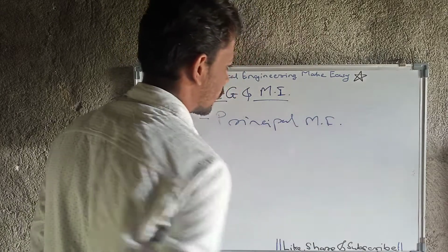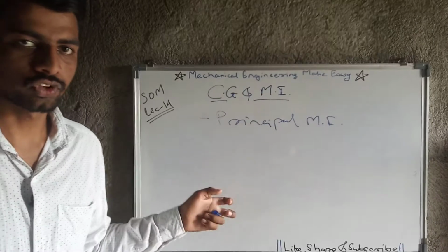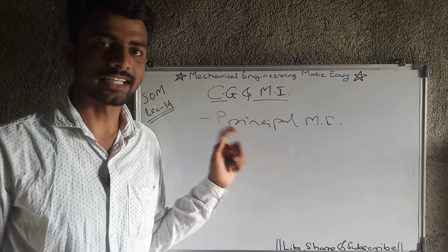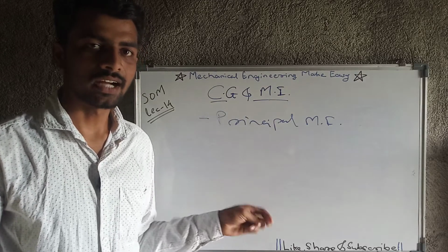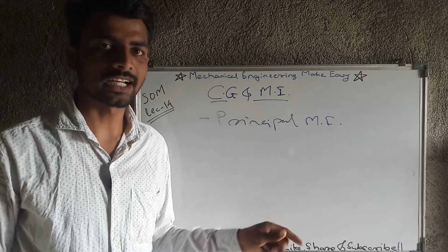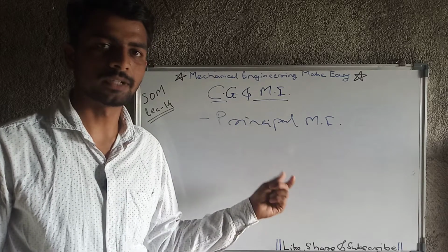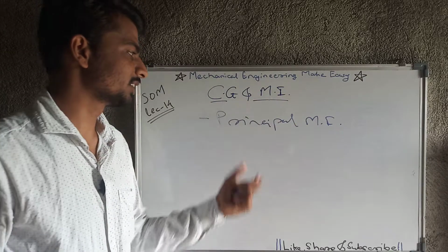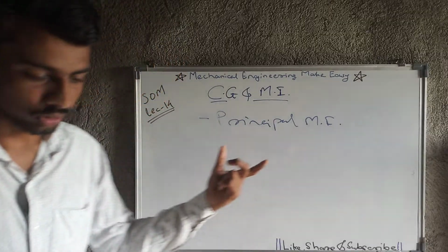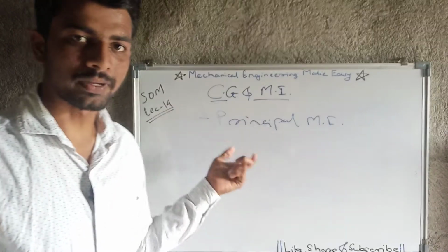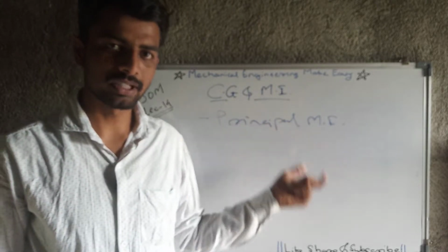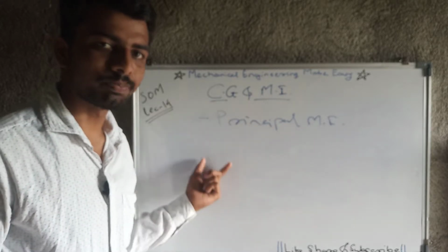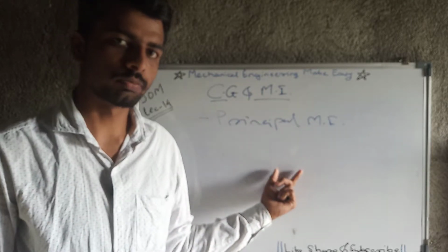Principal moment of inertia. Up till now we have studied the basics of moment of inertia, and in some previous lectures we have studied simple stresses, normal stresses, shear stresses, etc. After that we studied another concept, principal stresses: maximum principal stress and minimum principal stress. Again the same concept we are going to use with the help of moment of inertia, that is principal moment of inertia. Likewise, in case of principal stresses there was maximum and minimum principal stress; here in case of principal moment of inertia there is a maximum principal moment of inertia and a minimum principal moment of inertia.